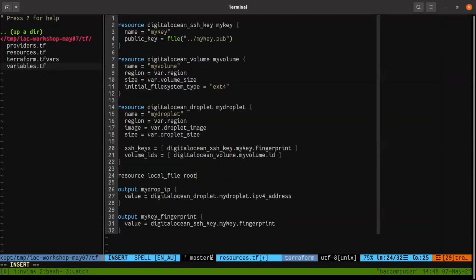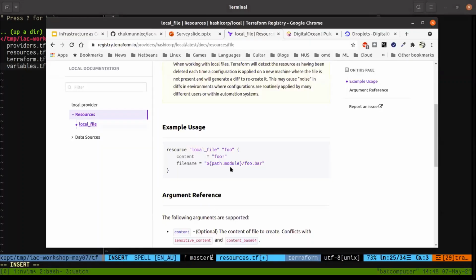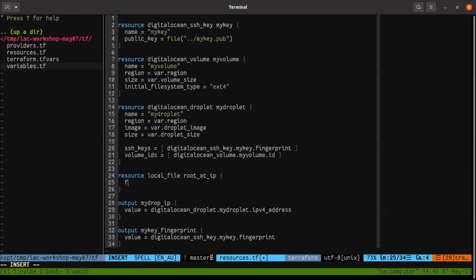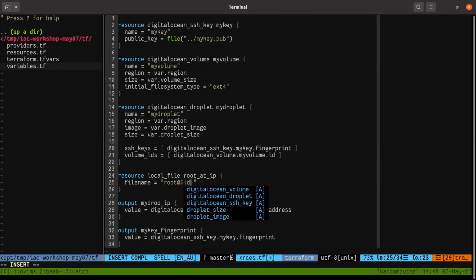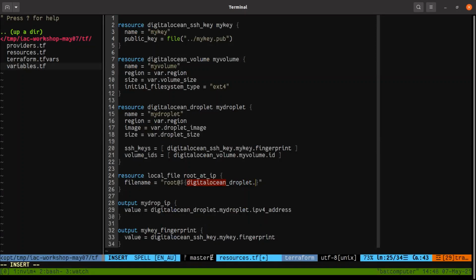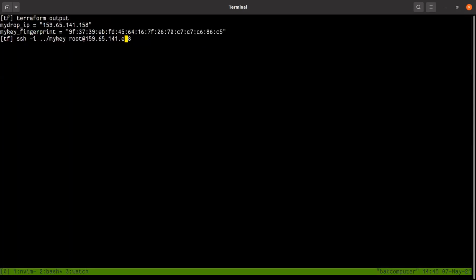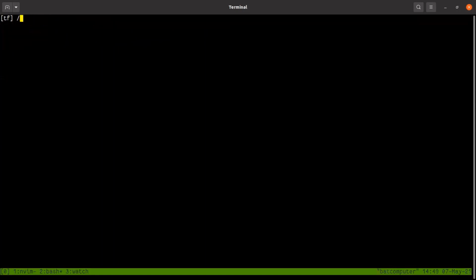I will call this root at IP. Okay. I do not want any content. I just want the file name. So I go filename. Okay. I can say root at. This is string interpolation. So I can now say digitalocean_droplet, my droplet dot IPv4 address. Okay. So now I will apply again.